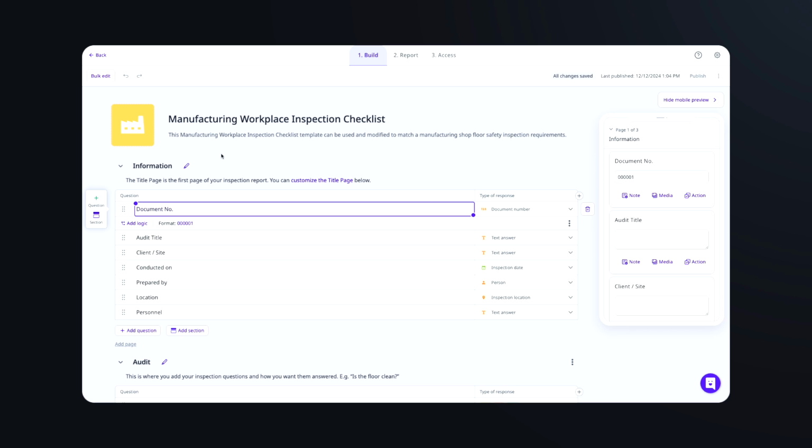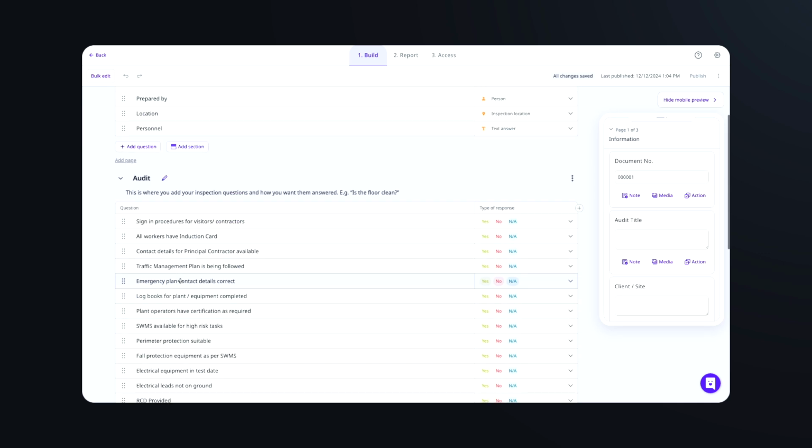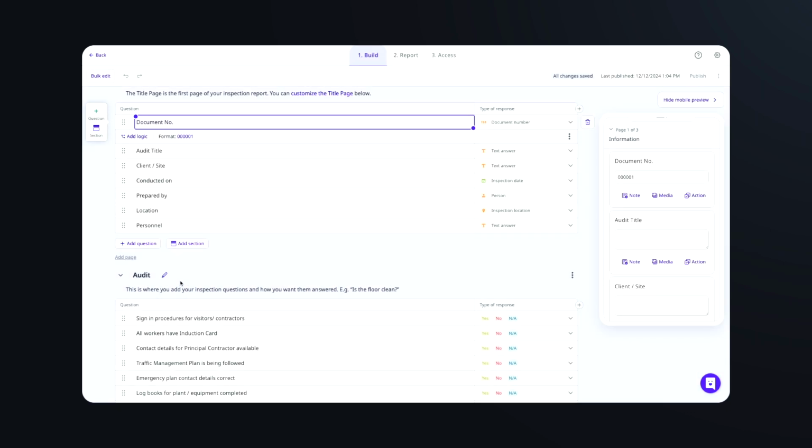Next is what pages and sections are. In the simplest terms, you can group questions into sections and sections into pages. We'd recommend you do this especially when creating particularly long checklists, as we can see lower on down here, because it breaks up your checklist into more manageable chunks, which helps your users navigate it more easily. So inspections can be scored as a whole, per page, or per section.